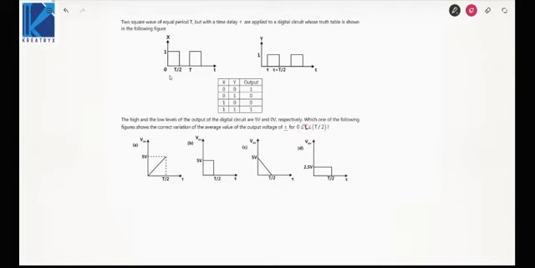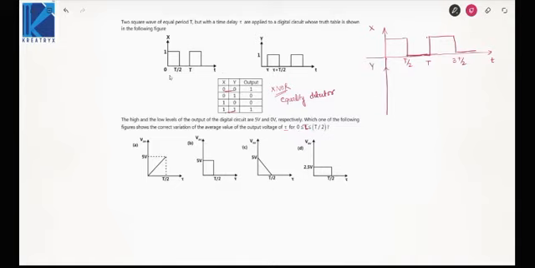So see this. What logic gate is this? 0, 0 it gives 1, and 1, 1 it gives 1. So it is basically an XNOR gate, an equality detector, because when both inputs are equal, it gives the output as 1. Now in this case, we have two waveforms, X and Y. Both are square waves, with marks at T by 2, T, 3T by 2.